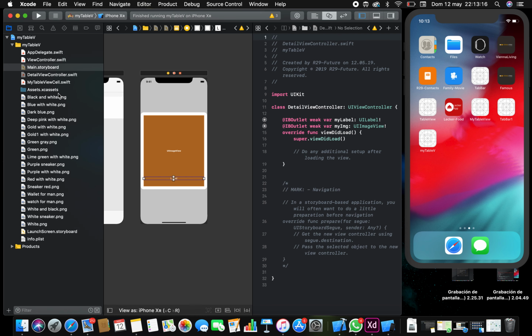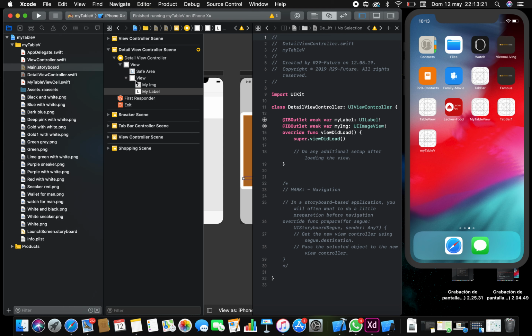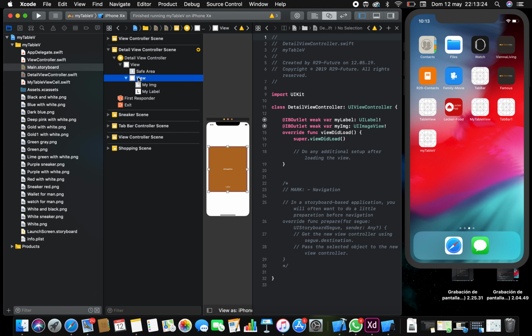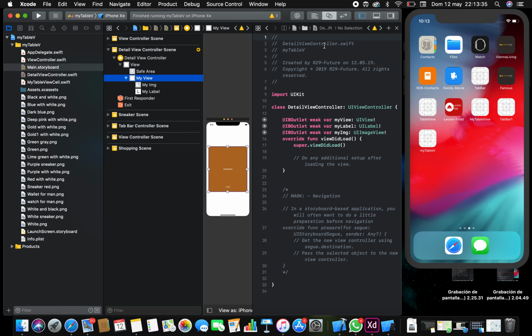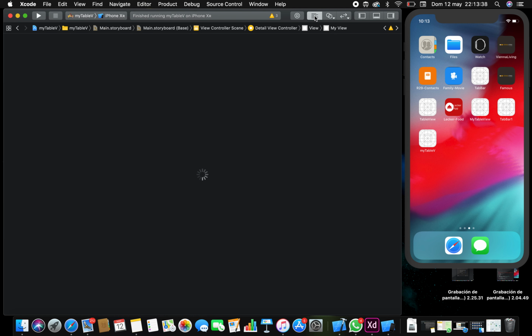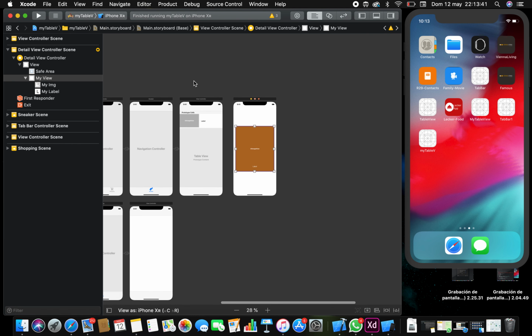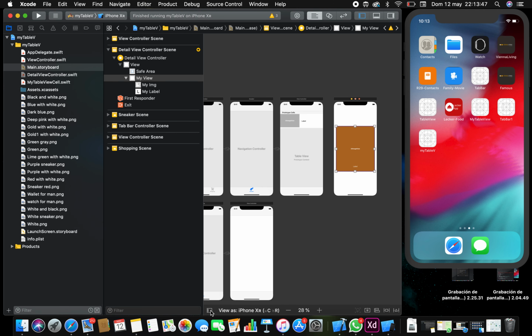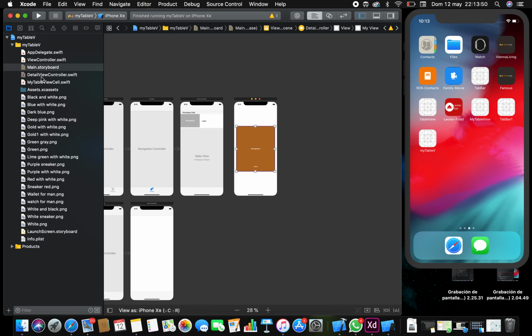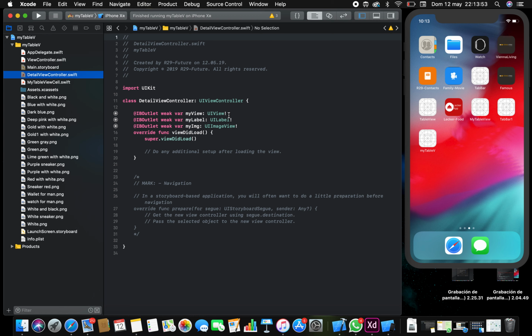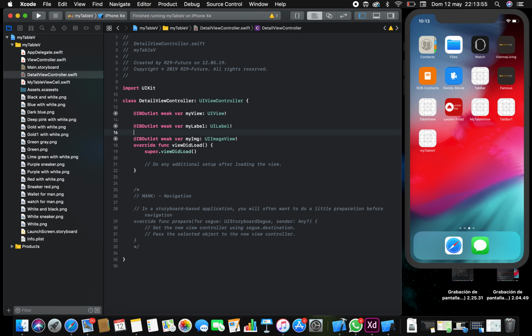Oh, now we have to connect. What is our view? Where is our view? Here's our view. Okay, we connect our view to my view. Okay, now we don't need this. Now we have to, okay, we go to our detail. Okay, now that we have our detail in our view,